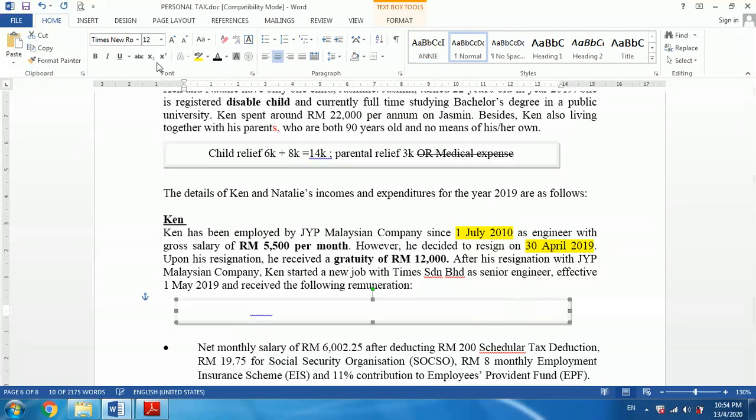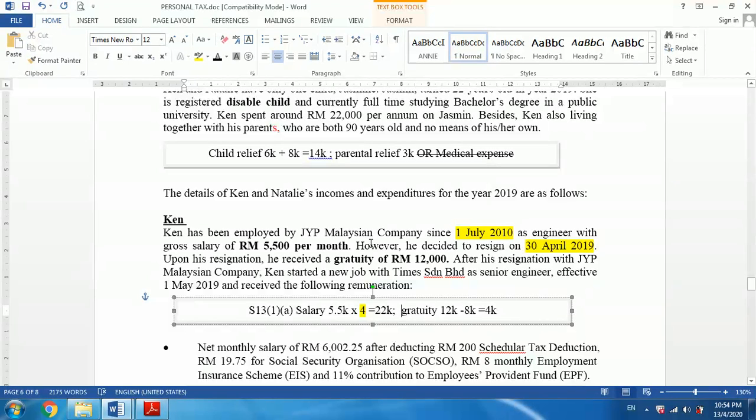The first information, which is based on his salary, we will record into 13.1a: 5,500 times only 4 months, for the reason that he decided to resign on 30th April, which is from January until April, 4 months. So 22,000 were recorded in his section 13.1a. And same goes for the gratuity. The gratuity was recorded in 13.1a, but you need to analyze a few things,